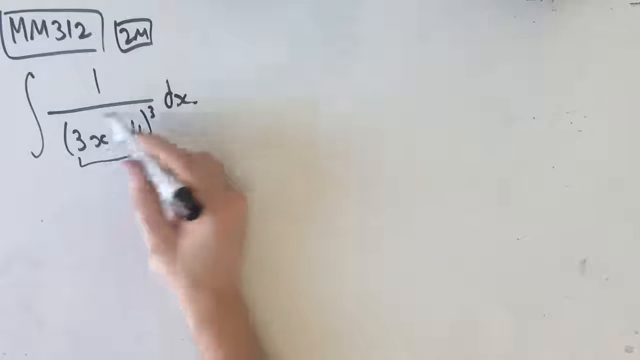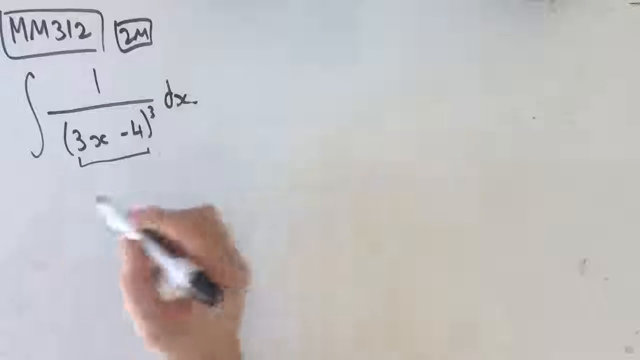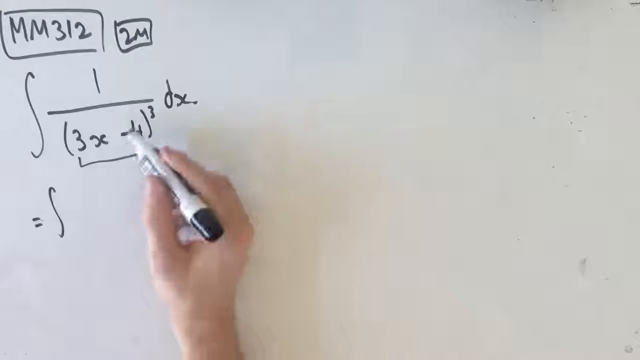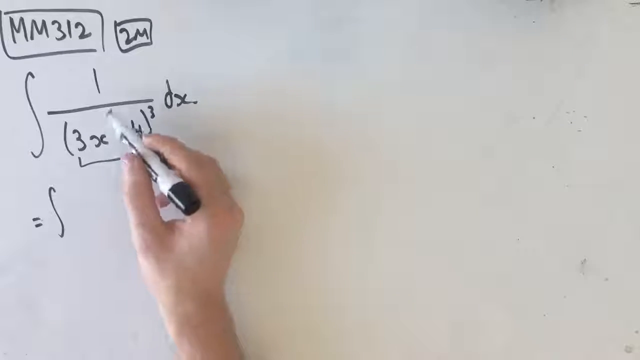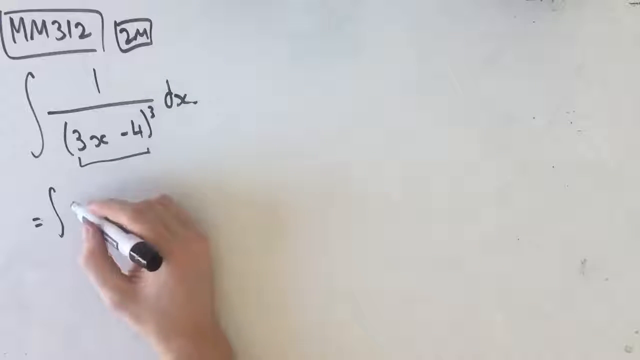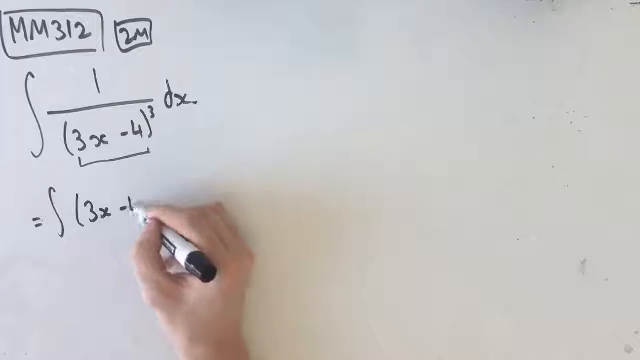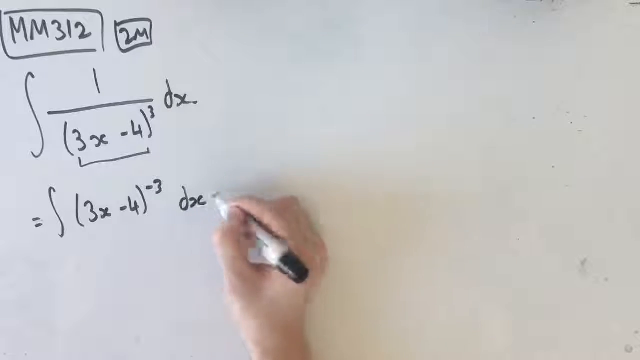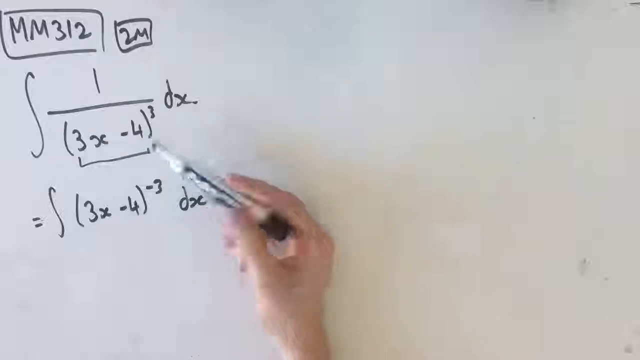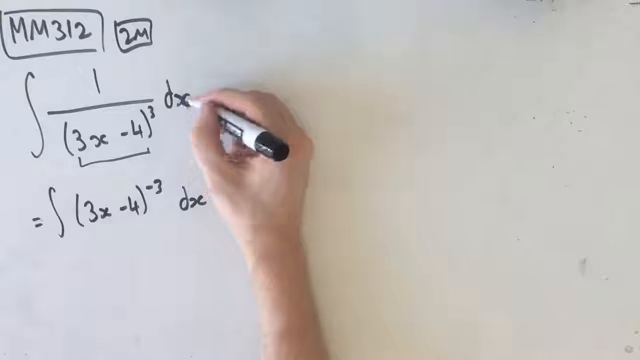So if this is a linear factor, we can do a shortcut here. What we want to do first is actually make this into a negative index. The reason why is because we don't want this to be on the bottom. It's a bit too confusing. So this is the same as (3x − 4) to the power of negative 3, right? This is one of our index laws. If you're not familiar with that, please get familiar with it because it is quite important for these sort of